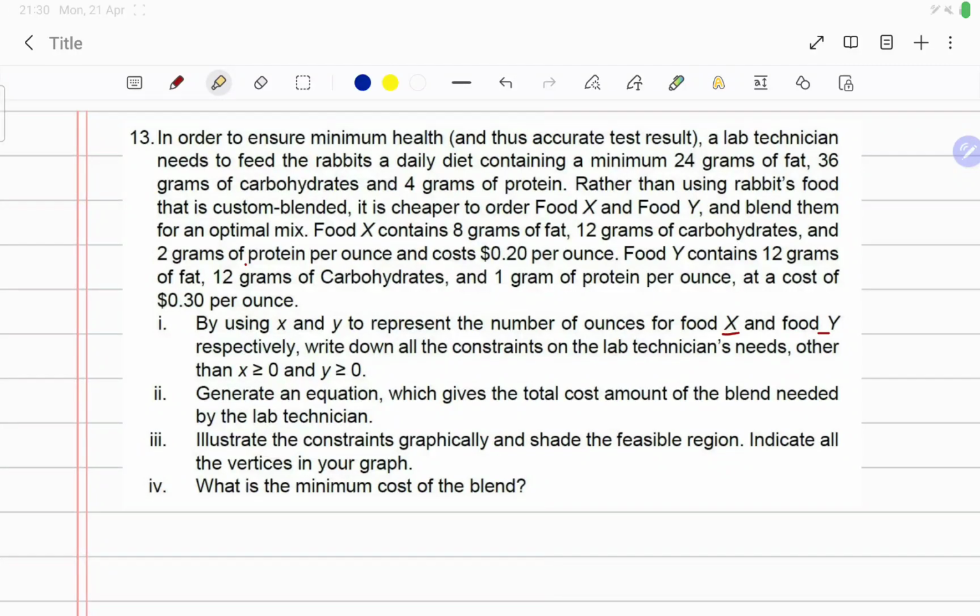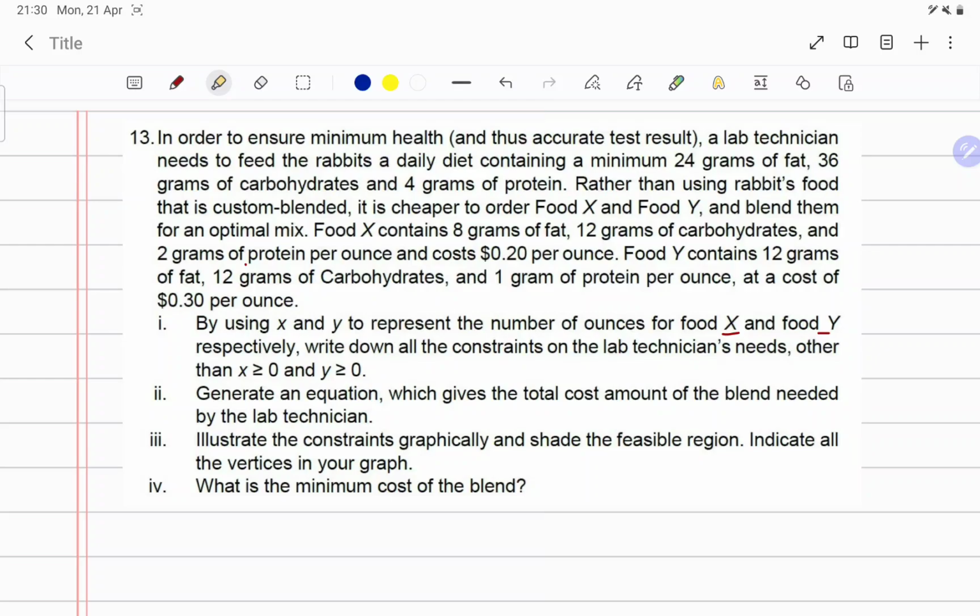Okay, for question 13, this is related to linear programming. The question is coming from revision 2, revision of midterm, the second one. So question 13. First of all, they tell you that apparently a lab technician needs to feed the rabbit